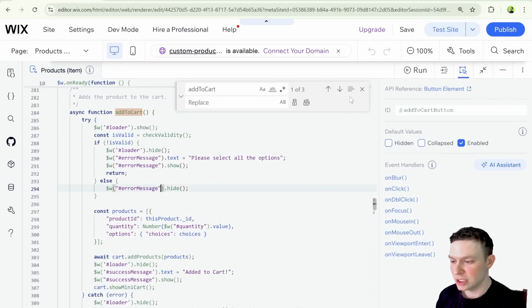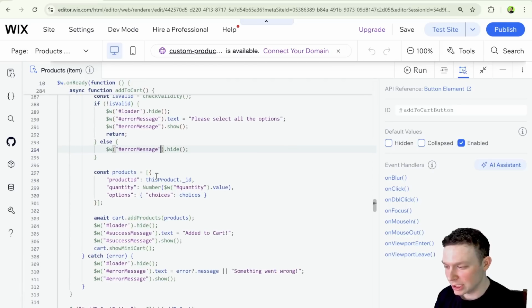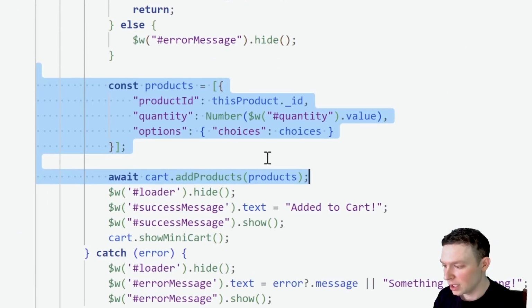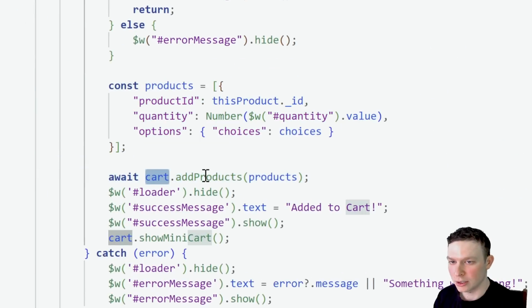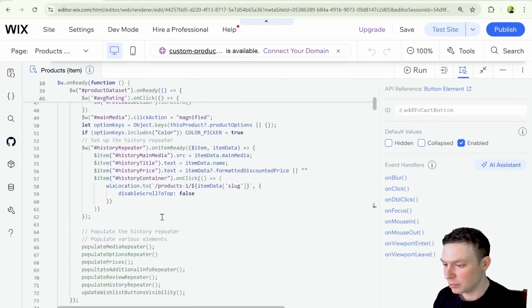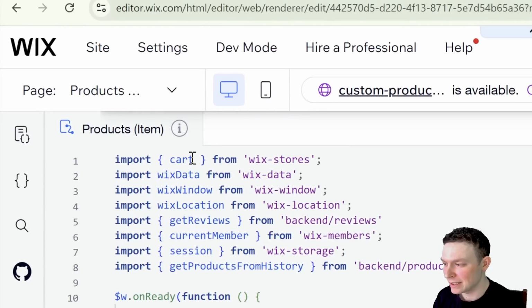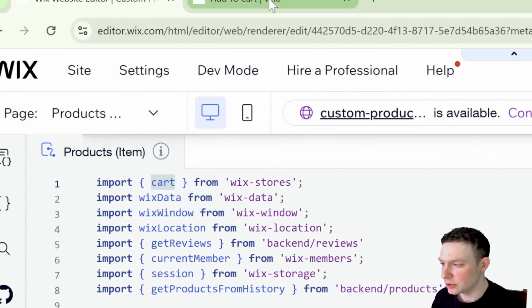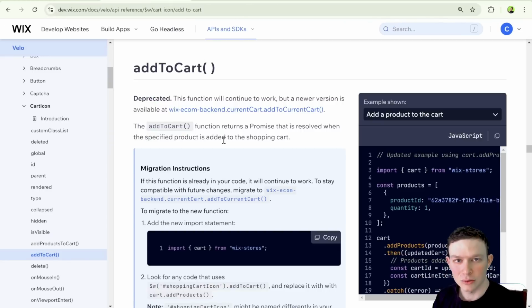And we're not going to be changing the entire function, but we're really surgically just going to be changing this part of the function right over here. Because here we're doing cart add products. And if we go back to the top right over here, you can see that that cart module is being imported from Wix stores. But if we go over here to our Velo documentation,